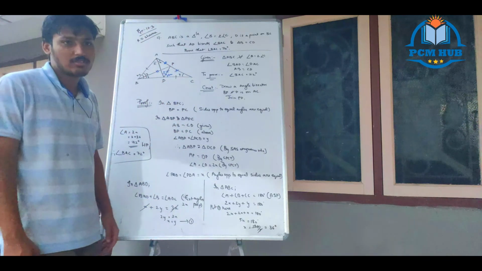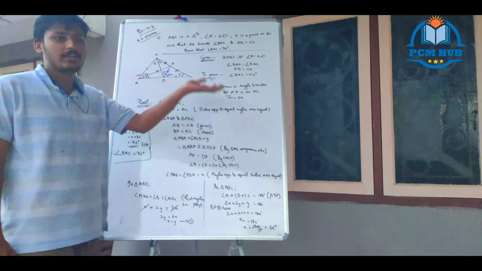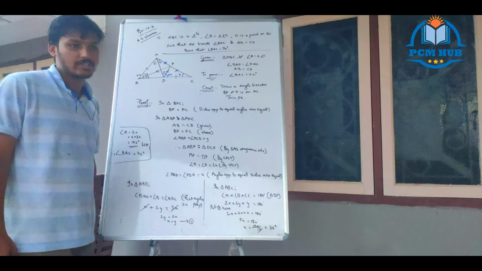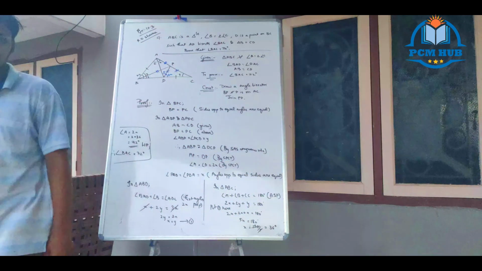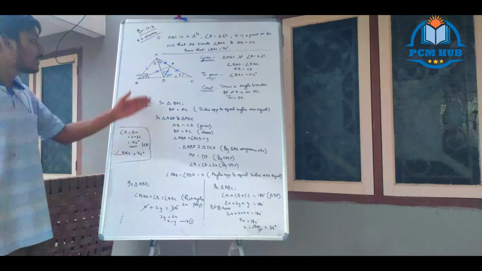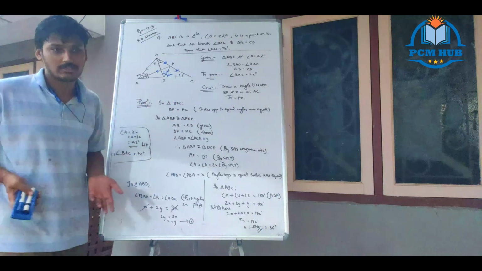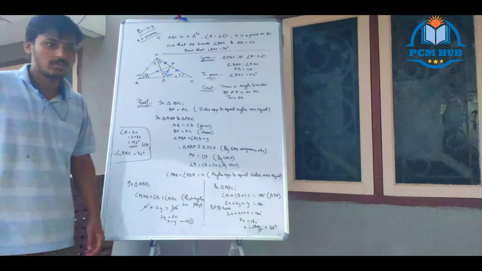Ho gaya. Khatam. Then you are applying the exterior angle property, then you are applying the angle sum property, and you are getting the result. Getting the relation between x and y, and applying it, you will get the solution. In the question only x is clearly mentioned. So no need of following somewhere else. Question is directly there. That's all.